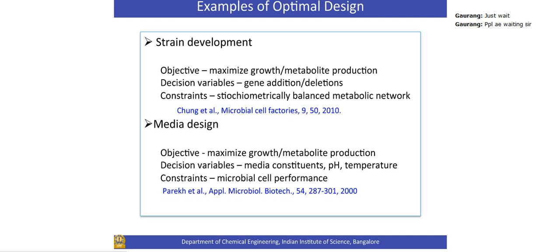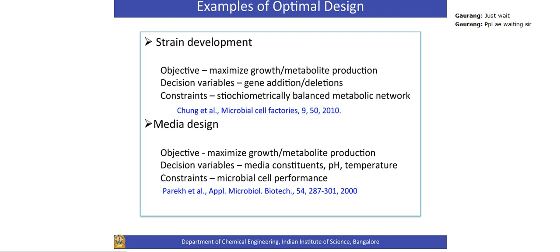So let me give you a few general examples, and these examples are selected at random, so there is no preference in it. For example, one will be to optimally design a strain. The objective here is to maximize, let's say, certain growth or metabolic product of interest. The decision variables, or decisions that we have to make, are how to alter my genetic network. So what genes do I add and what genes do I delete